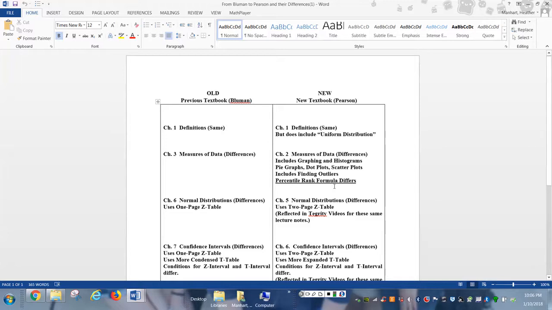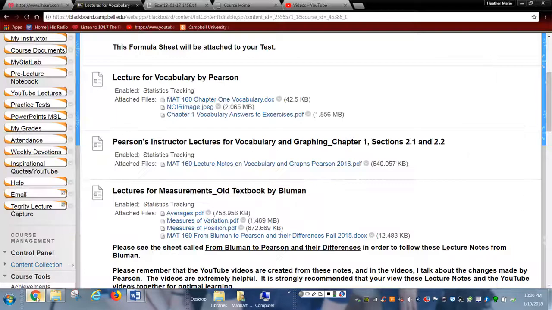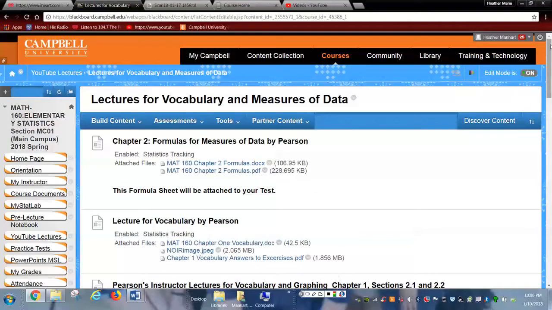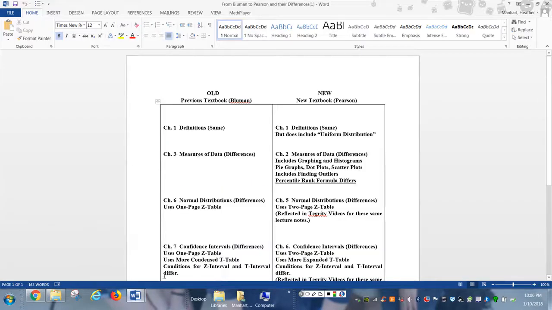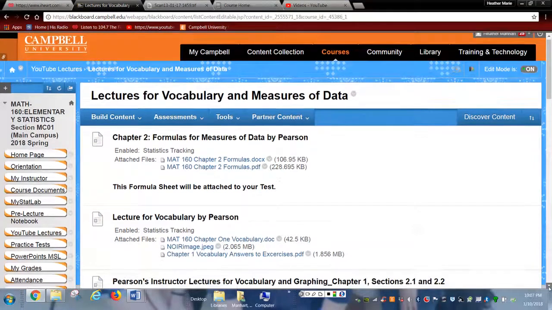This is the statement that I like to make with my students. If you are not able to follow and understand the changes from Bloomin' to Pearson, and they're very subtle changes, again, very subtle, and you'll be coming to class and watching those videos to see those subtle changes, but you're not making the connection and you're not understanding how there's subtle changes, then do not watch.